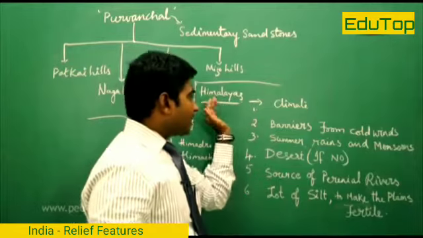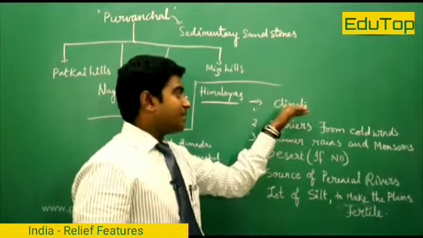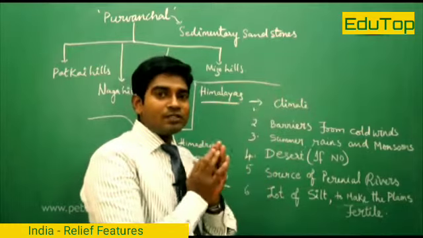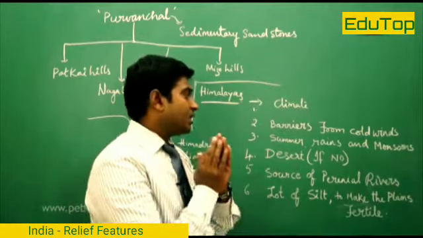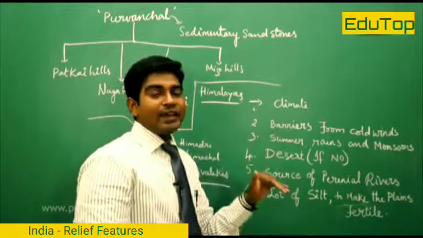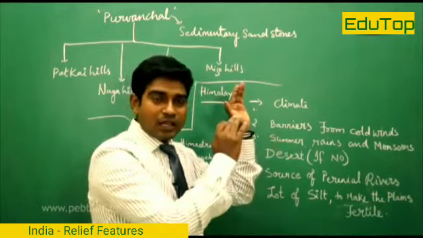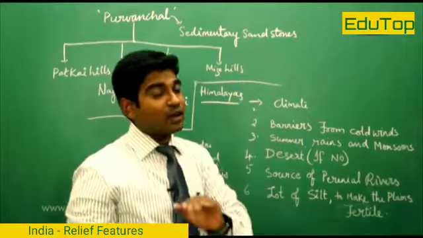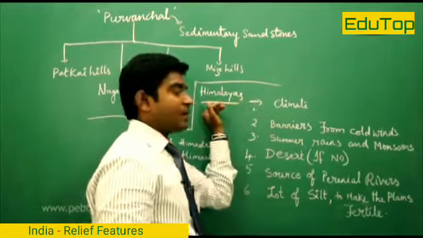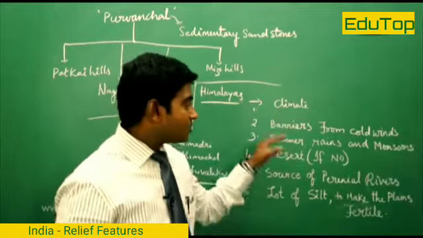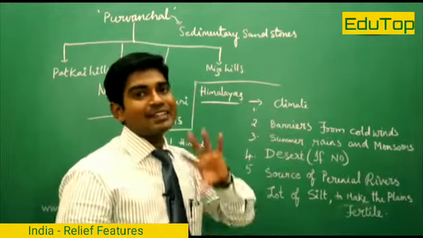Let us see here. Because of the Himalayas, India has a good climatic condition when compared to other regions. How can we say that India has a good climatic condition? The cold winds coming from the polar region towards the equator are blocked by the Himalayas, so that we get rains and India does not turn into a desert land.